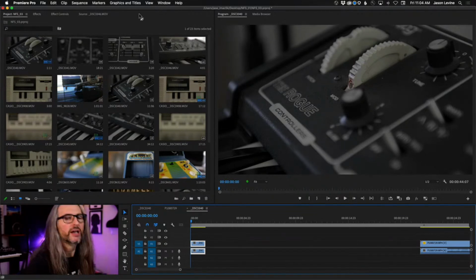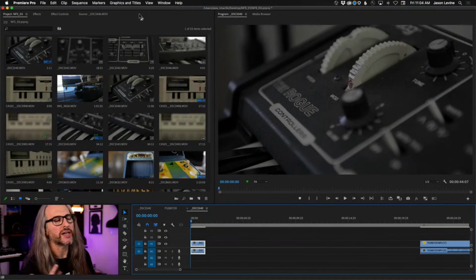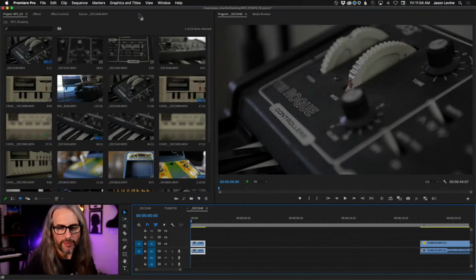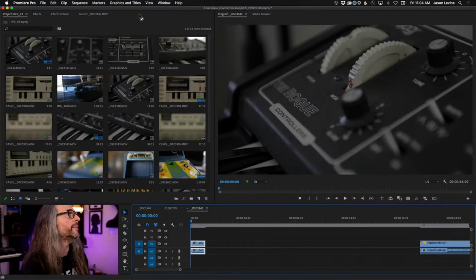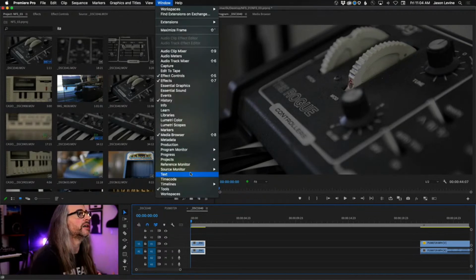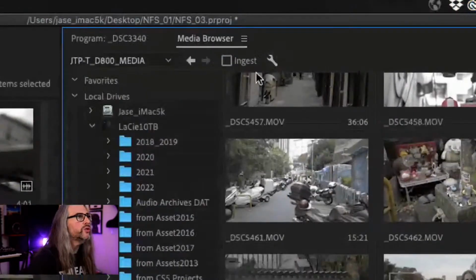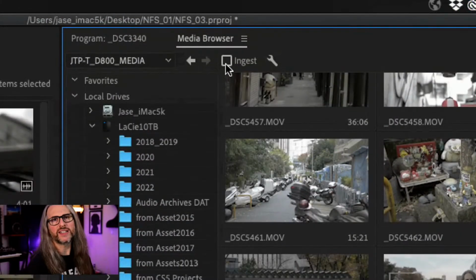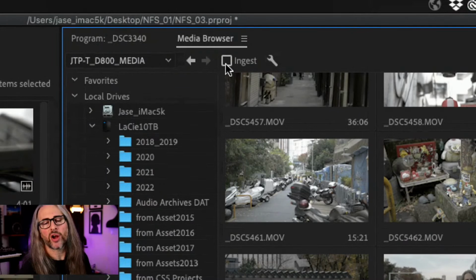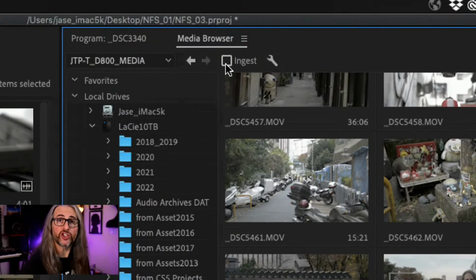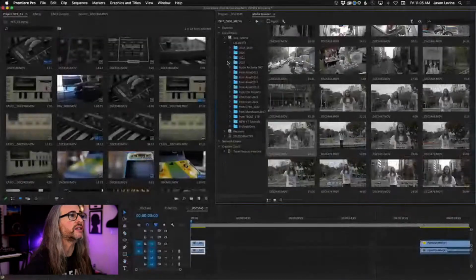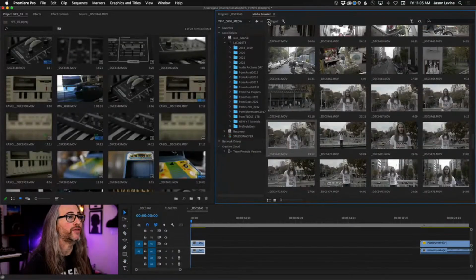Yeah, they've made some changes there. Here's the thing. If you're wanting to do the proxy creation, and I haven't looked at the latest updates, so I don't remember them removing the proxy button. Perhaps they did. You can still do it the traditional way. You can also still, if you want to bring media into a project, you can do the ingest here. So this is, for those of you who are just tuning in, we're talking about making proxies upon importing, ingesting of footage. So you can still bring content in, and if you enable ingest here,